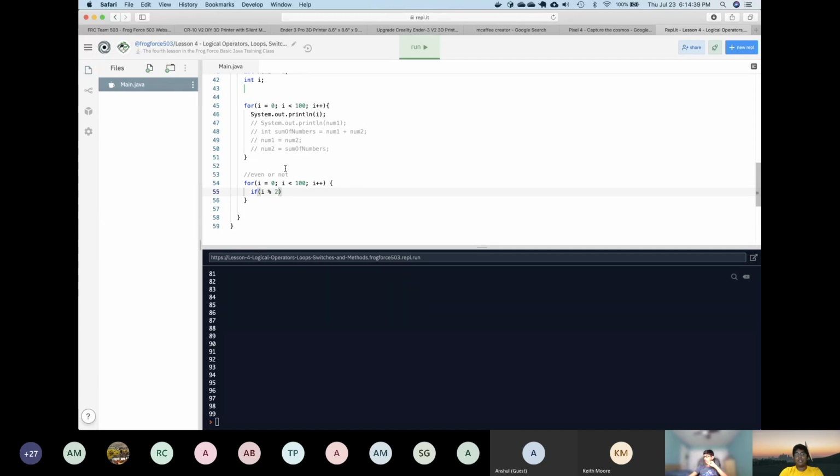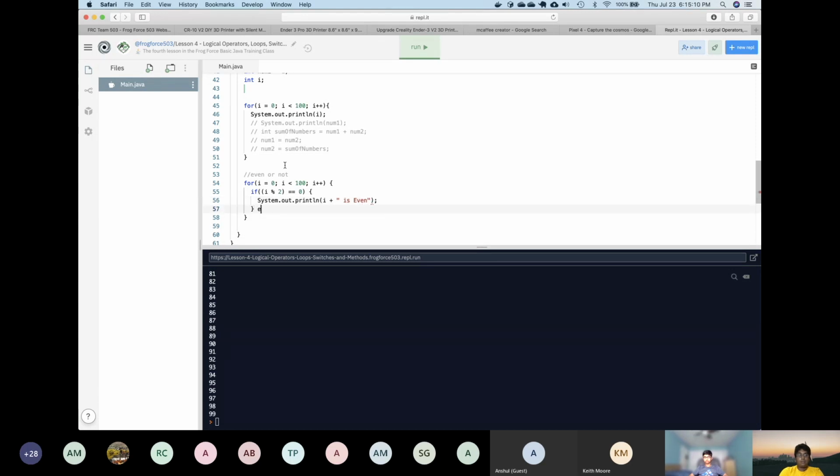So if your number is even and you divide by 2, you're going to get a 0. So if i modulus 2 is equal to 0, then we can say System.out.println i is even,